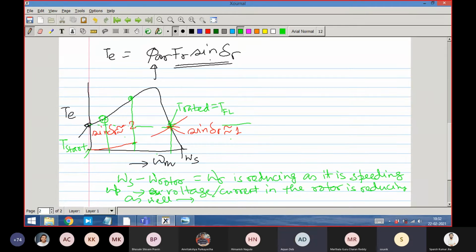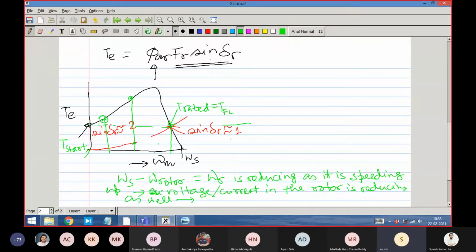Sir, can you explain again how, when the rotor is speeding up, the relative speed is decreasing, so the current is reducing, but how is delta changing? FR and phi are always stationary with respect to each other, so delta should be constant. Delta should not be constant. Who is making it constant? It is not making it constant. Delta is changing because of, you understand,